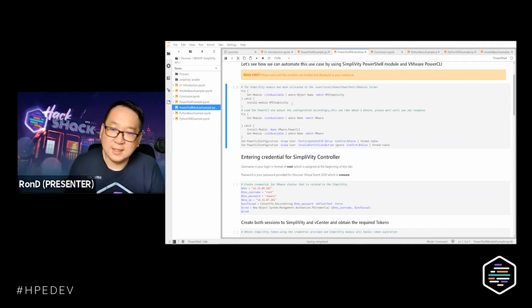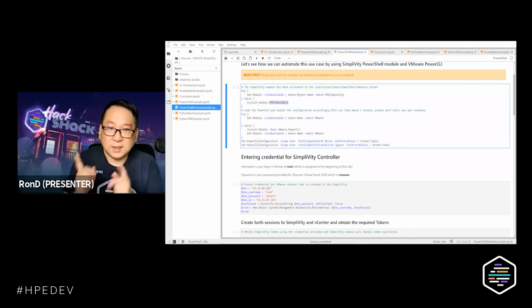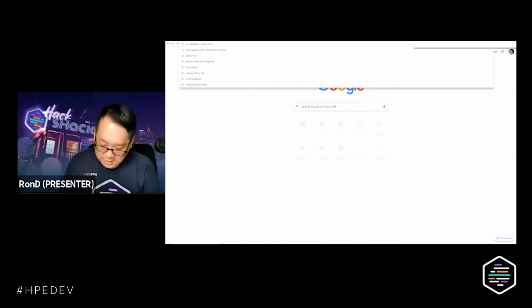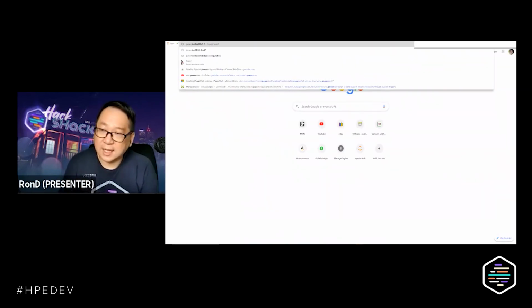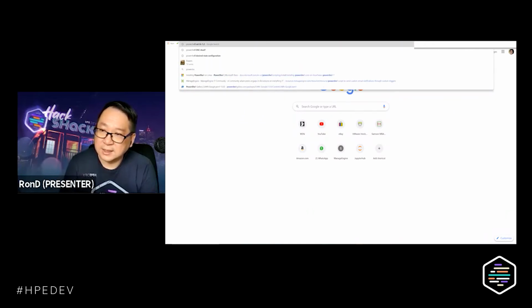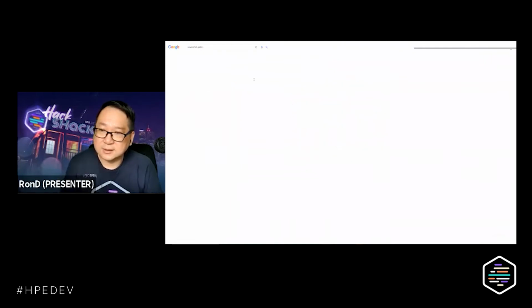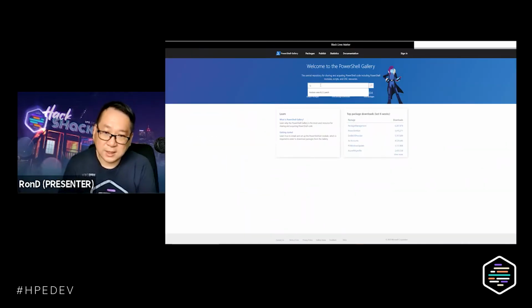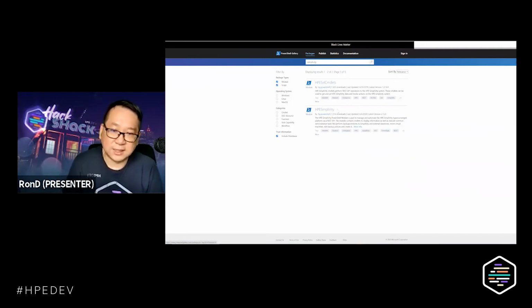Number one is HPE SimpliVity. The HPE SimpliVity module was written by Roy Atkins, and it's already available in the PowerShell Gallery, so you can load it right away. In fact, there are multiple different SimpliVity modules available in the PowerShell Gallery.